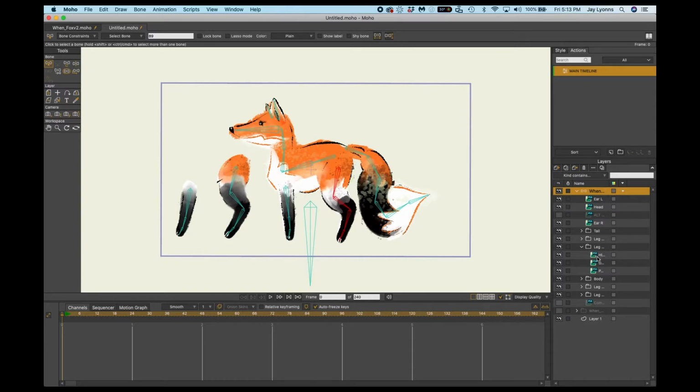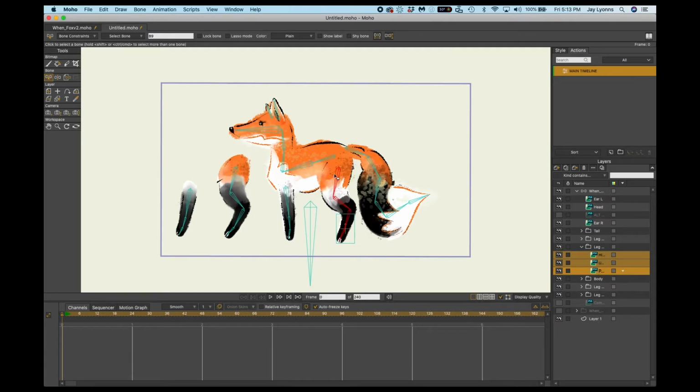If you have several layers within a folder in your character layer section, you can hold down the Shift key to select all of the layers. Once you have all the layers selected that contain the artwork for the bones that you want to pair it to,